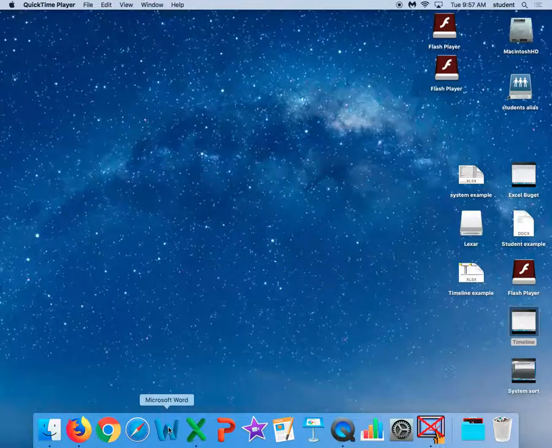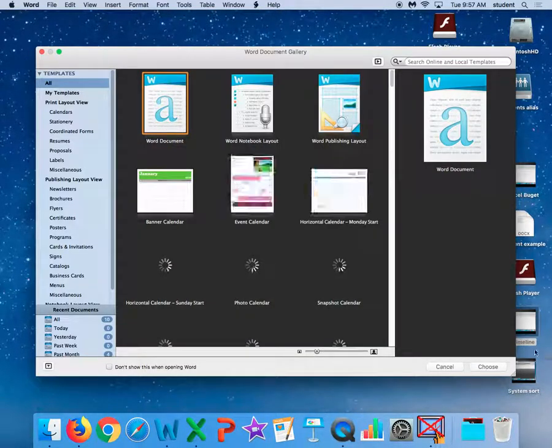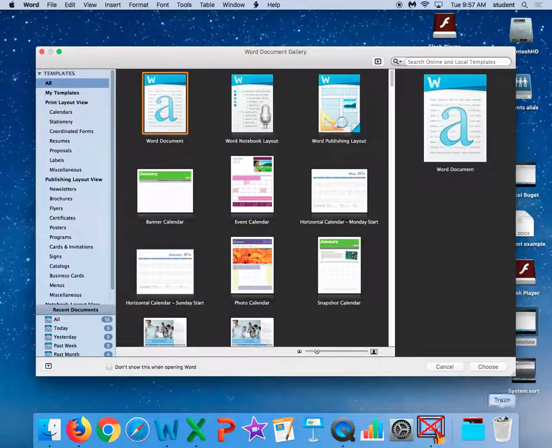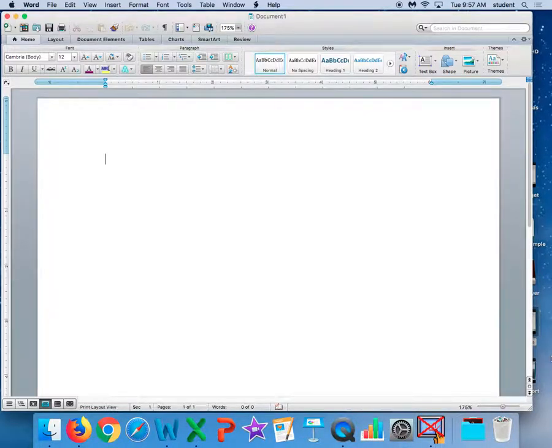So for this first assignment, we're going to go into Microsoft Word. We're going to choose a blank document. The first thing we're going to do is put a heading on our document. Just as a review, align right, name,